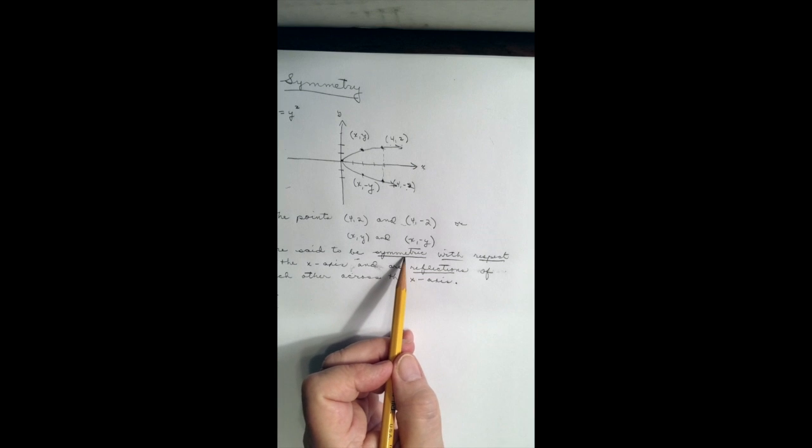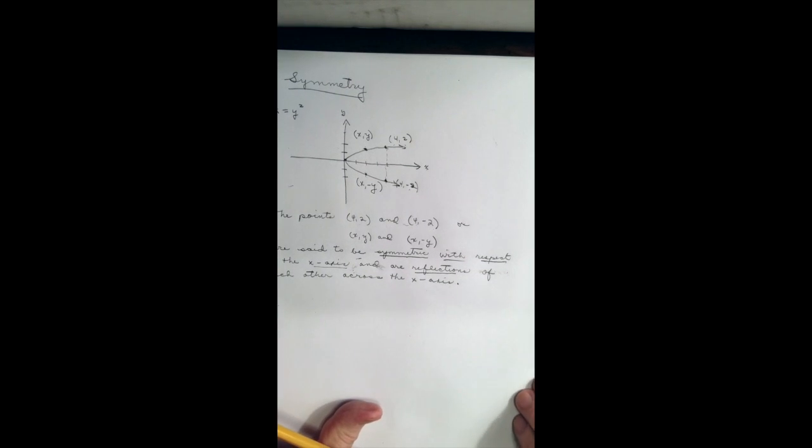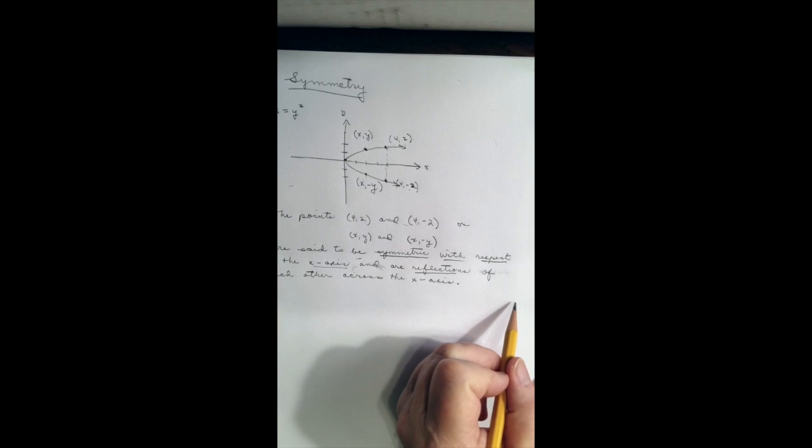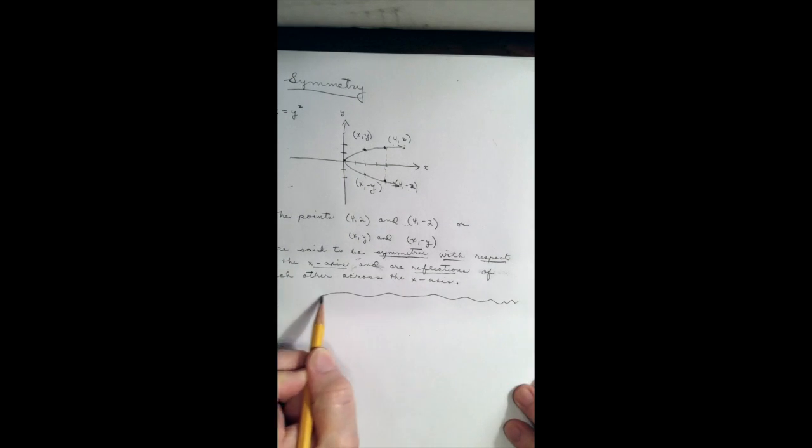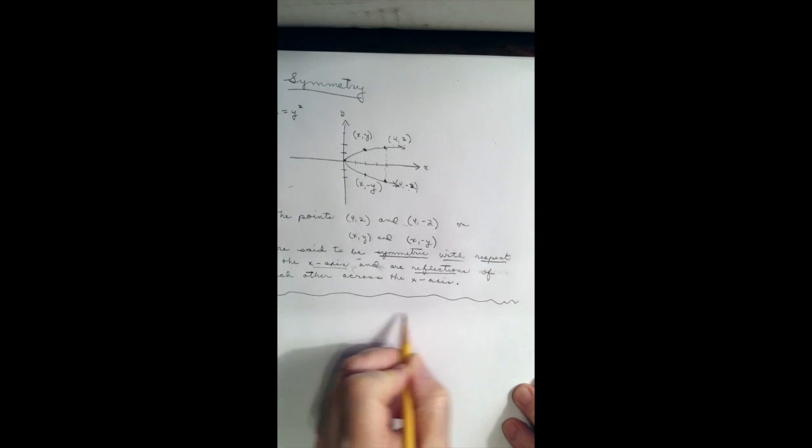These points are said to be symmetric with respect to the x-axis and are reflections of each other across the x-axis. And we'll find the same thing is true if we look at the graph